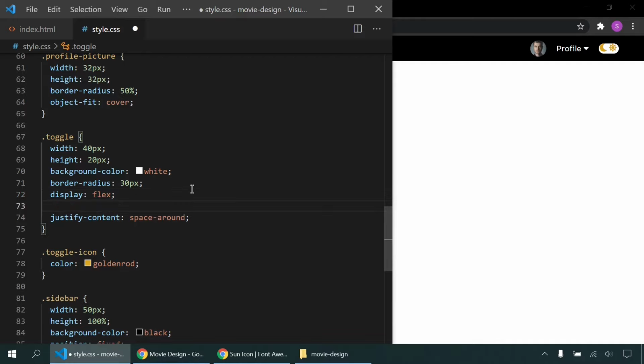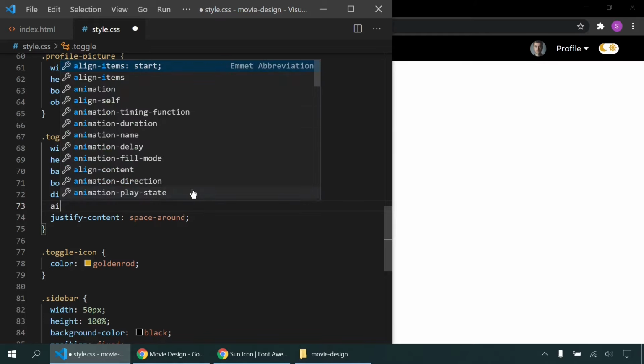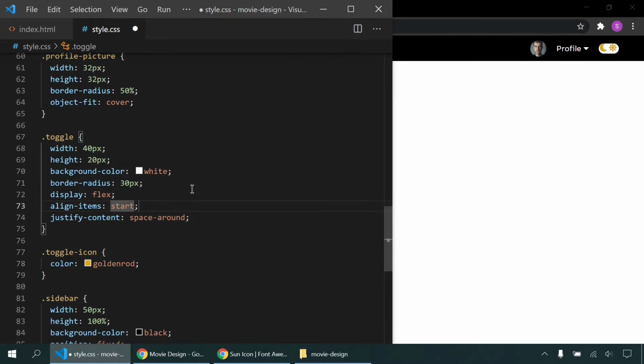Let's center them vertically, also align items center. Oops. Center. Perfect. Let's try space between, maybe it's better. No, around is good. So I'm gonna add this toggle ball here,